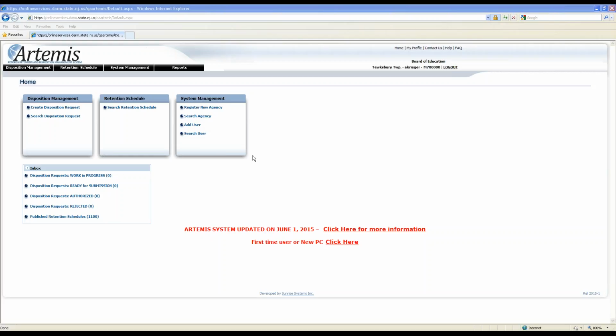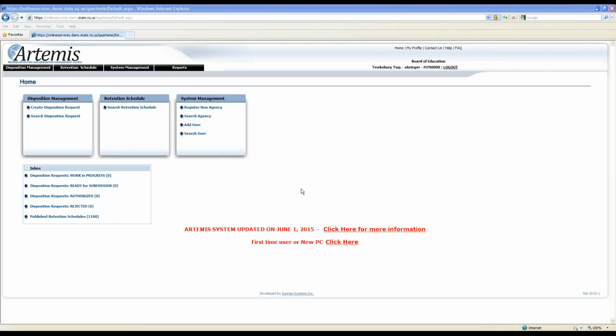Patricia asks, how do I know if I need an auditor verification? Again, if we go back and search retention policies and pull up a record series number and go to the details screen, if it says audit verification required and it's a yes, then it requires you to send that request to your auditor. So look at your record series number under retention policies and look at the question that says audit verification required. If that says yes, then you have to send that to the auditor.